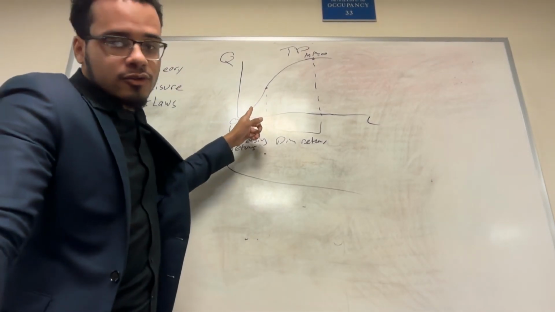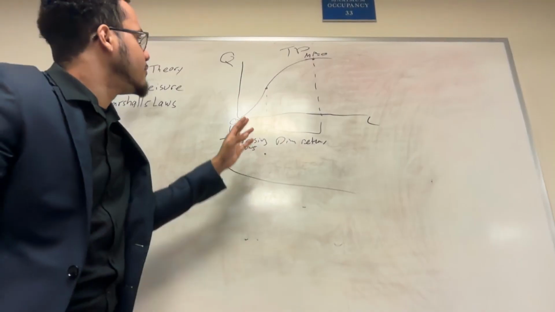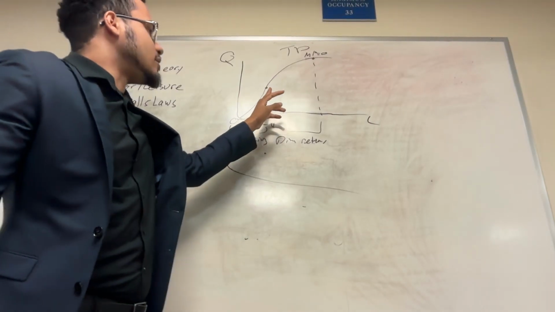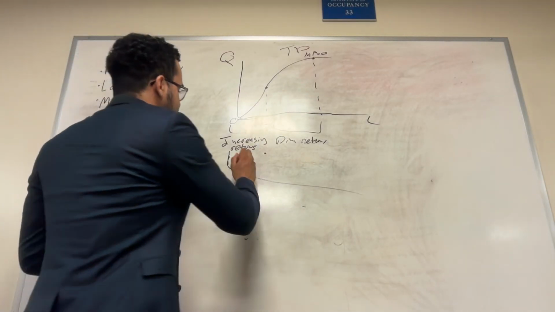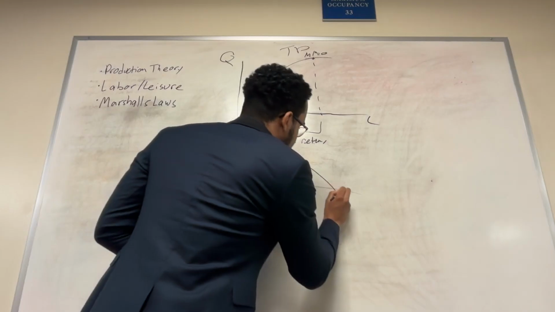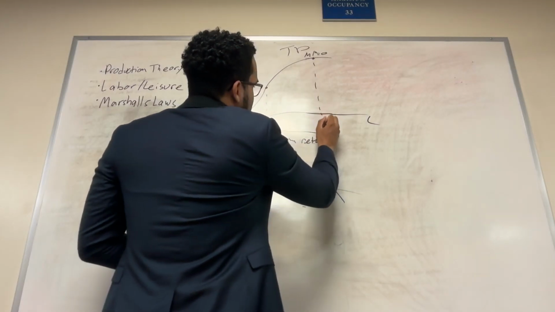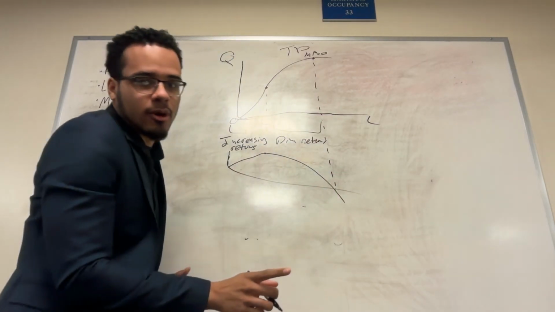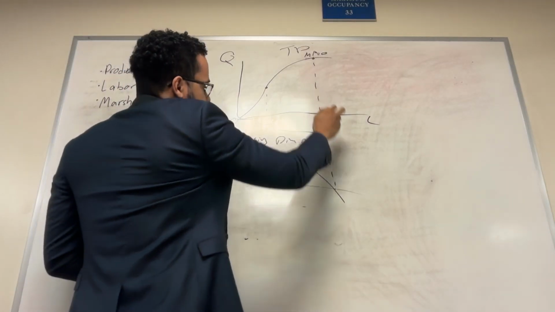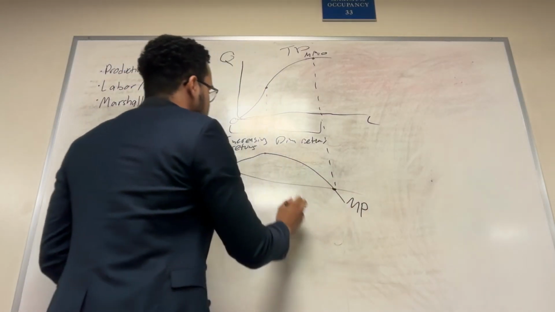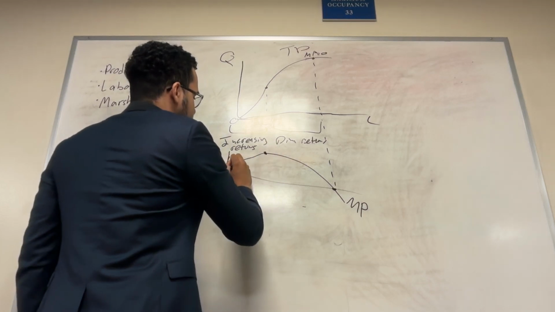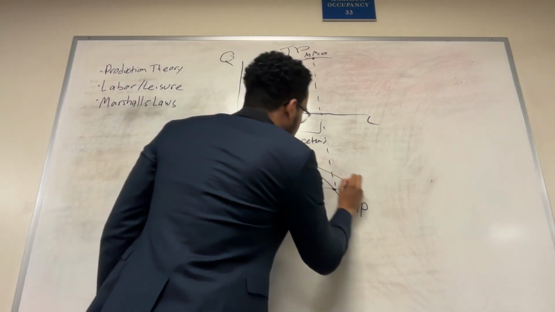The total product curve goes from convex to concave, right? At this point L1, right? And so essentially that corresponds to the maximum of the marginal product curve. And as I said before, that point where marginal product equals 0 corresponds to this point over here. Right, so this next marginal product, and then average product is